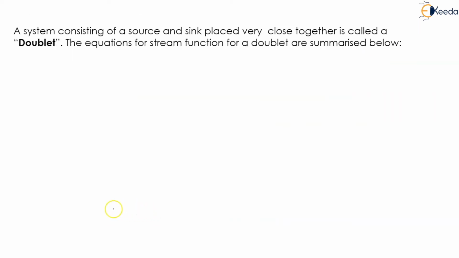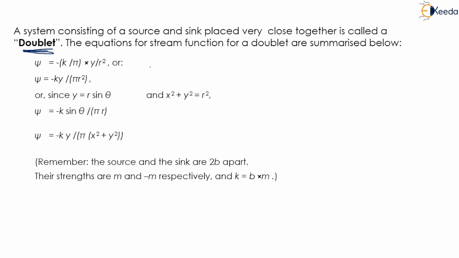or psi is minus K upon pi multiplied by y upon x square plus y square. A system consisting of a source and a sink placed very close together is called a doublet. The equation for the stream function for a doublet is summarized below. Psi is equal to minus K upon pi into y upon r square, or this can also be written as minus Ky upon pi r square, or since y is also written as r sin theta, this becomes